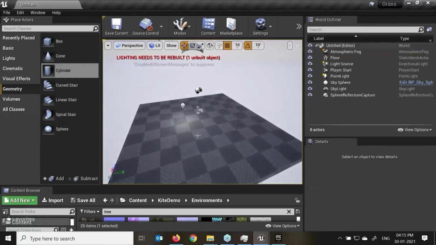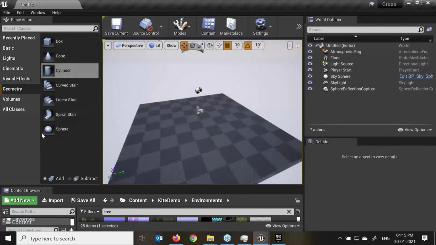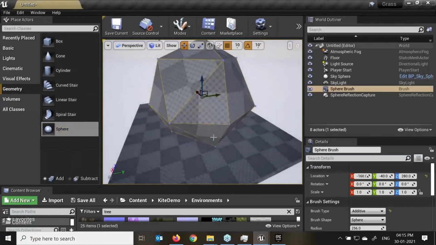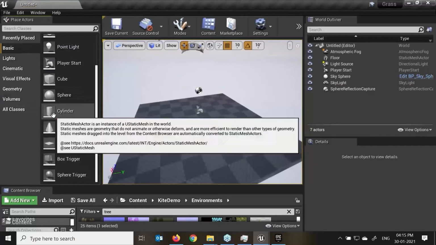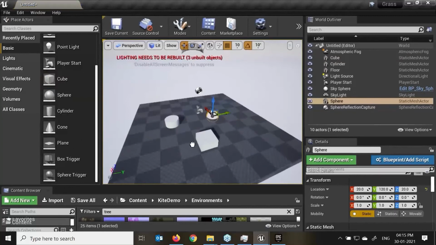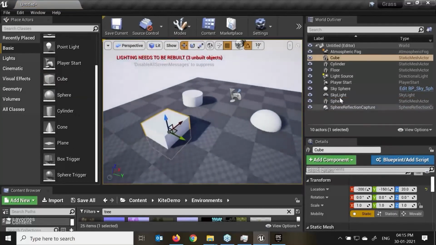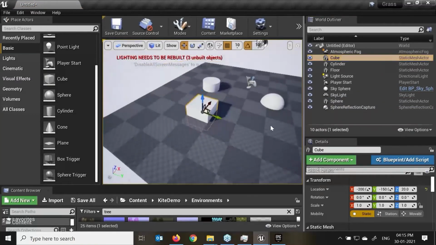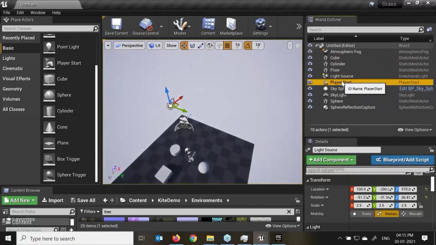For an example, I have imported lots of assets or actors. This we call the actor over here. This is my one geometry. It's better to go to the basic, and I'll select this time a cube, sphere, and again one more cube over here. So I have imported three objects. If I want to rename, I'll double click, or if I want to focus, I'll double click on that. So automatically you'll get focus on the selected object.